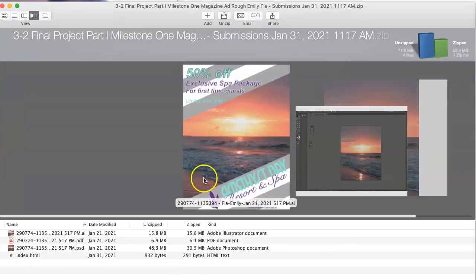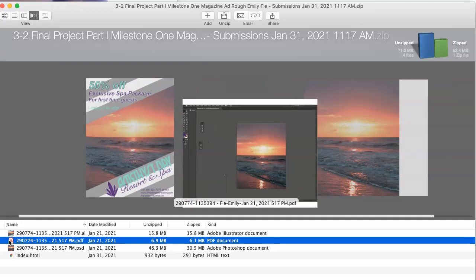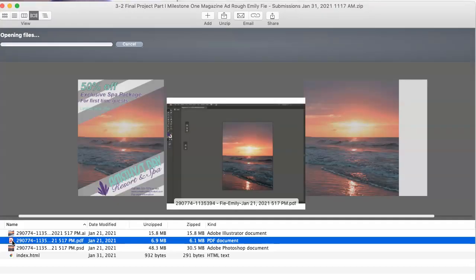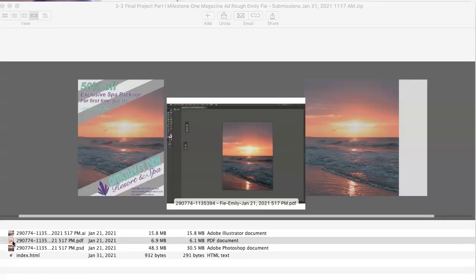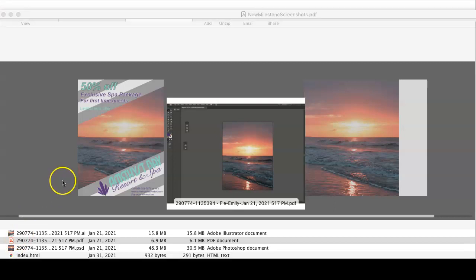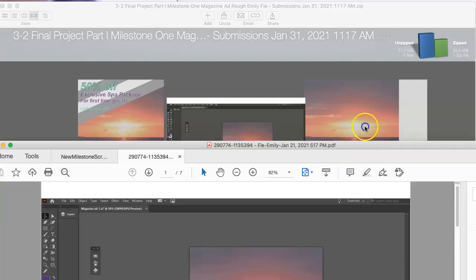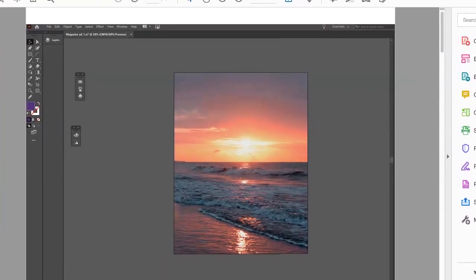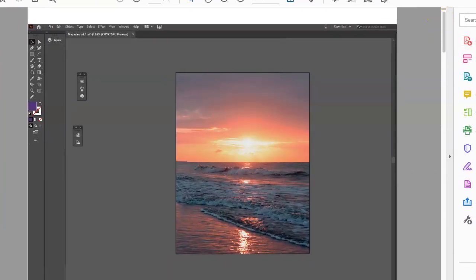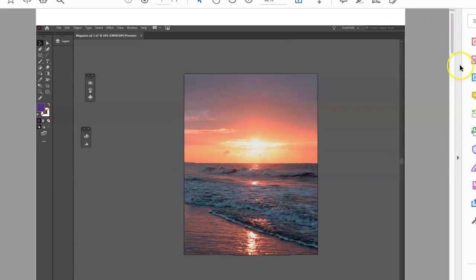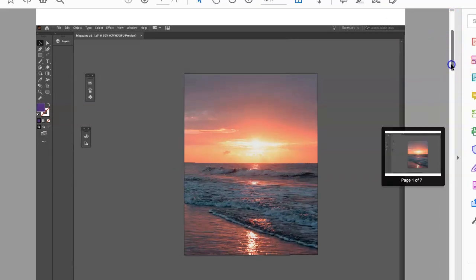Emily, your submission was nicely packaged, and I see, presuming that this is your screenshots of your process. So I'm going to open up that and keep at it. The final reflection is a full third of your grade. There are 3 deliverables, as they say, due at the end of the class, and